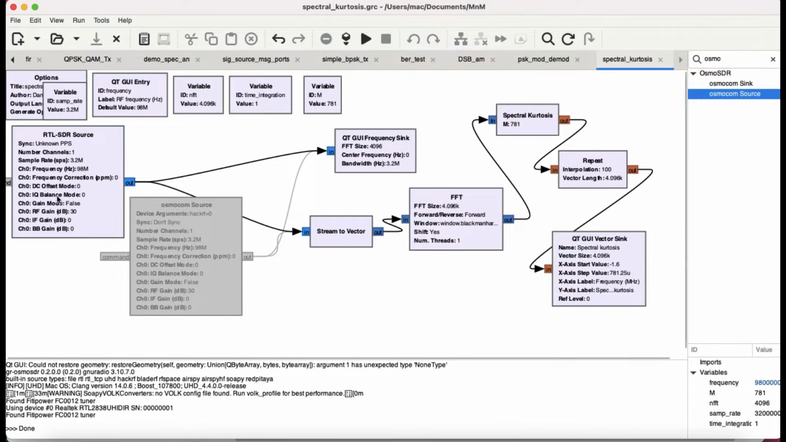We have a source here that is an RTL-SDR source, and that is going to detect signals by tuning into different frequency ranges. My RTL-SDR dongle has a range from 50 megahertz all the way up to 945 megahertz. We're going to try to do a spectral kurtosis on FM signals and try to look for something in the GSM band as well. So we will see whether I'm able to detect any signal,